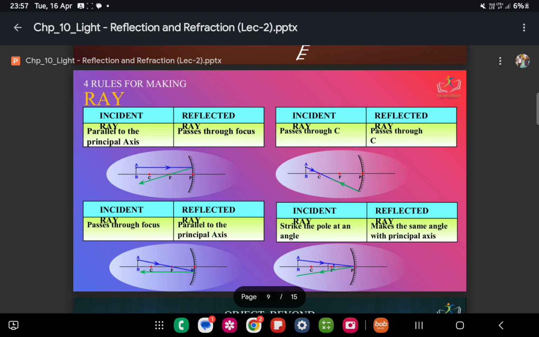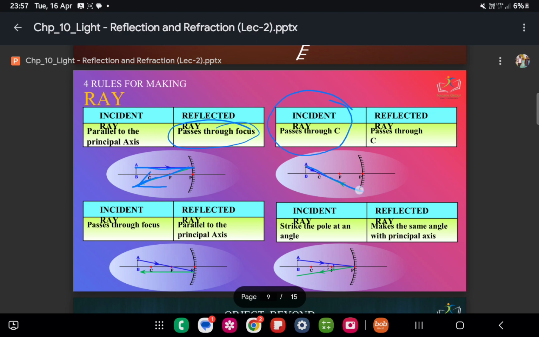In the first diagram, a ray is incident parallel to the principal axis, this is the parallel ray, then the ray will pass through the focus. Then the second rule we have seen is that any incident ray passing through the c, the center of curvature,